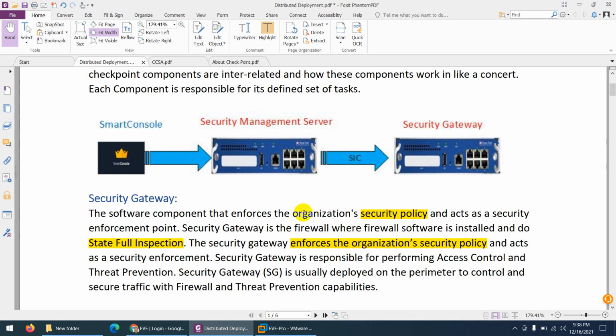Same as Panorama, where you can configure, manage, and push the policy from a centralized location to many Palo Alto firewalls. Same as FortiManager, where you configure your policy and then push it to FortiGate firewalls. So here we call it the security management server, where we will configure our policy and then push it to the security gateway.